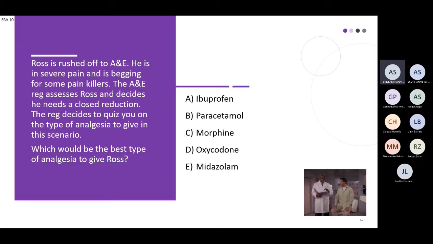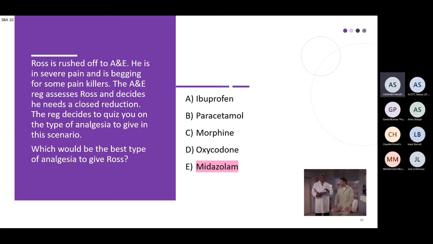Give it about 10 more seconds. Okay, so I'm going to close the polls now. So a bit of a split between B, C, and E. So the correct answer is E. So midazolam,